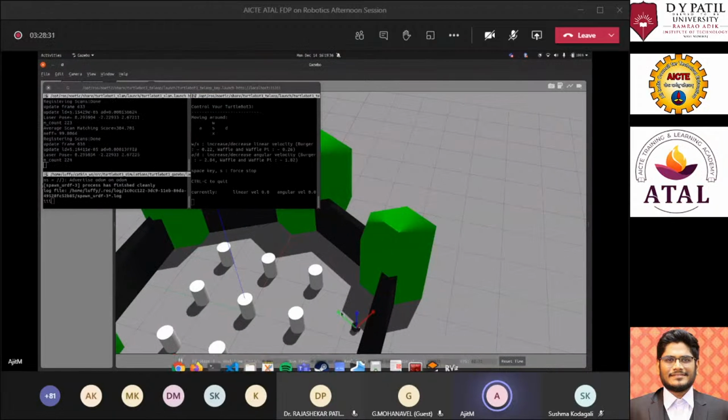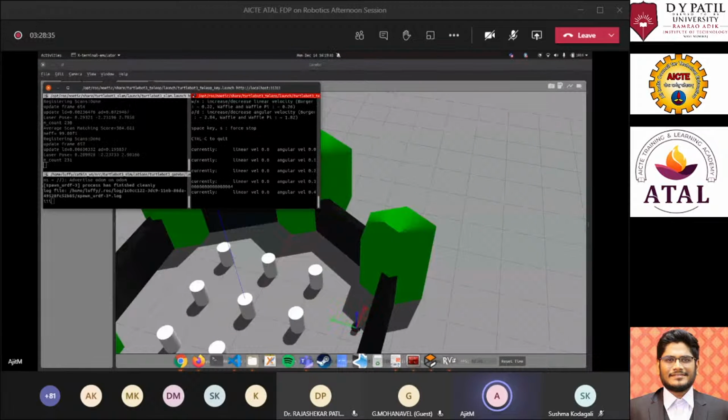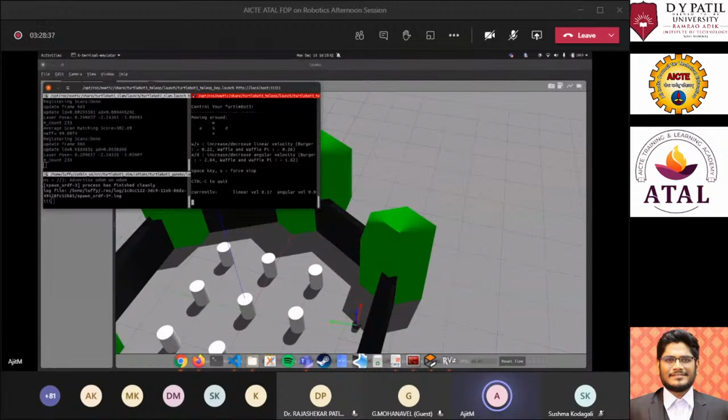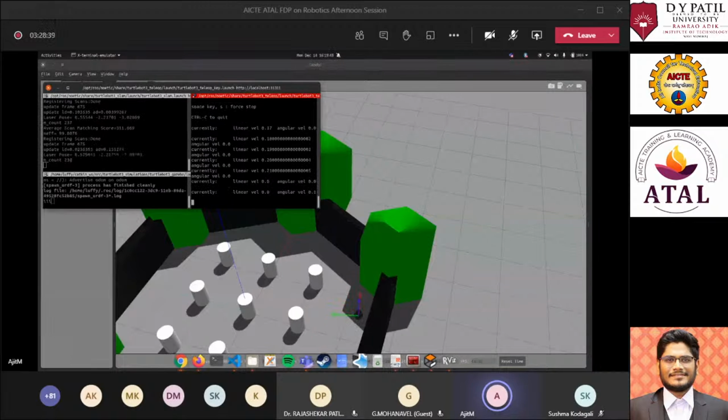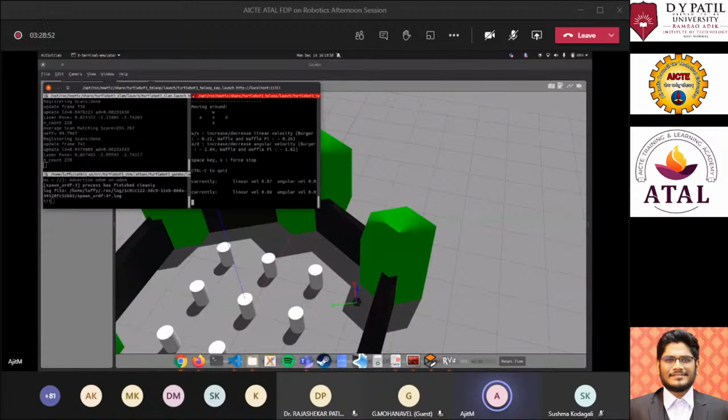So I have almost gone around the complete terrain. And I'll just stop over here.